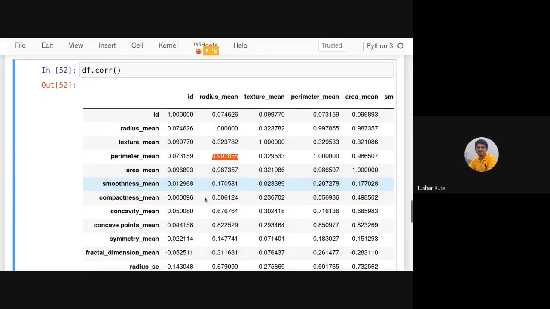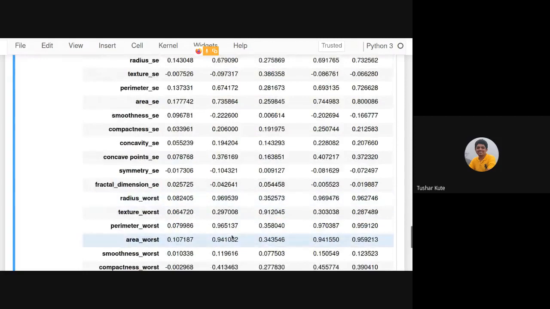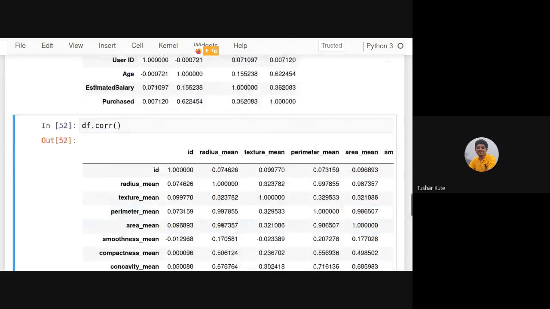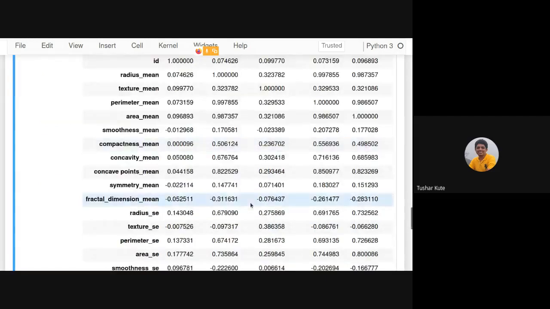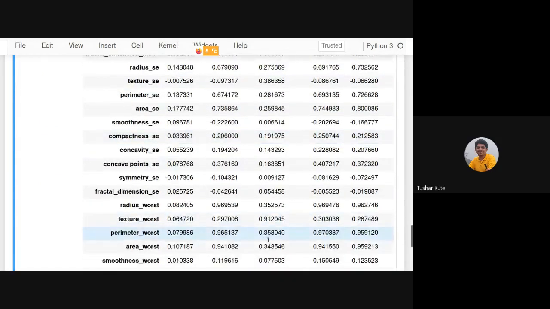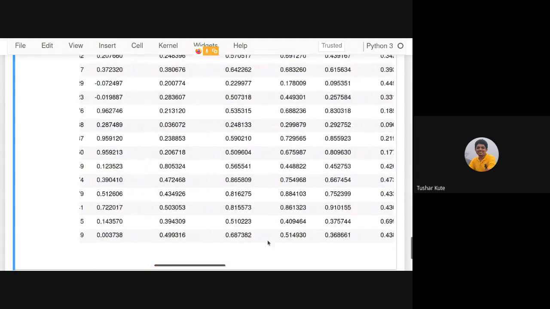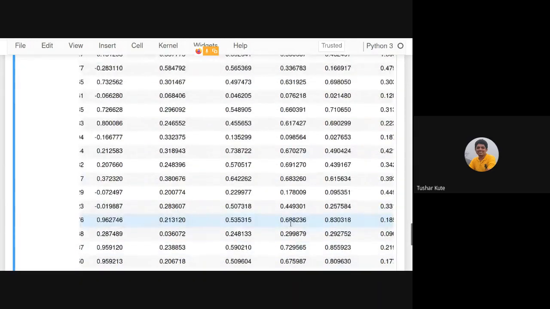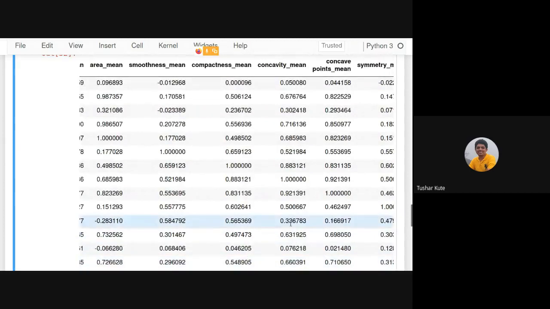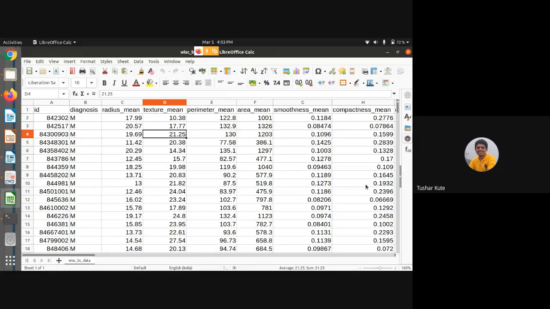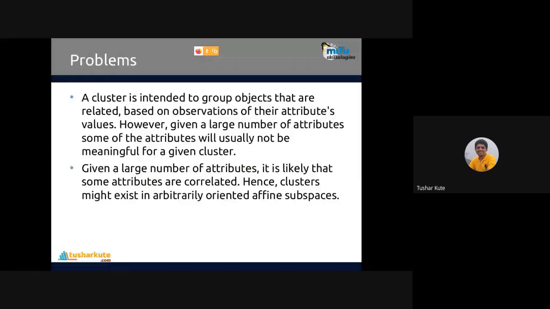Others, we can check one by one. This is 95, 96%. Perimeter and radius mean, and another is 91%. So these correlations play a very important role in identifying and removing attributes. The dimensions will be fewer, and after that we can create the clusters easily.